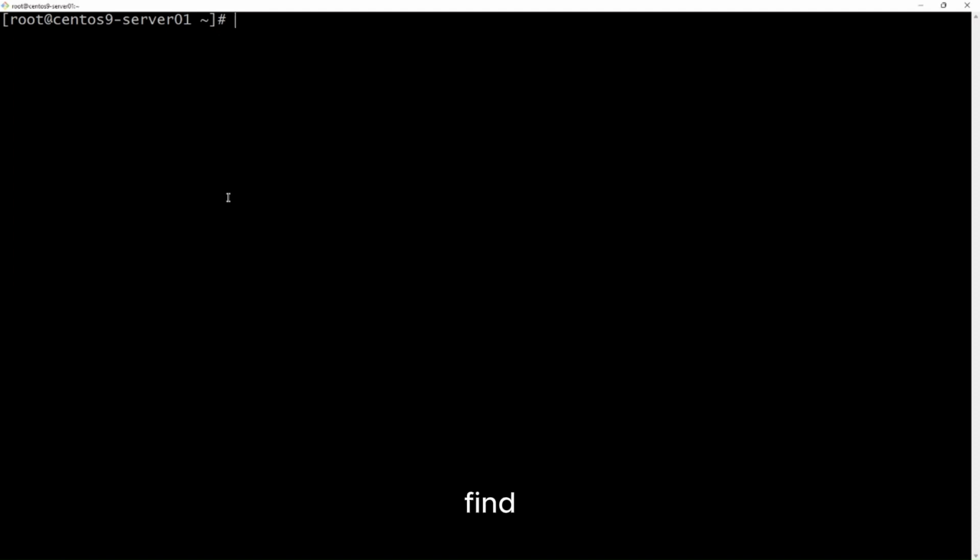For example, find / -name file.txt looks for a file named file.txt starting from the root folder.